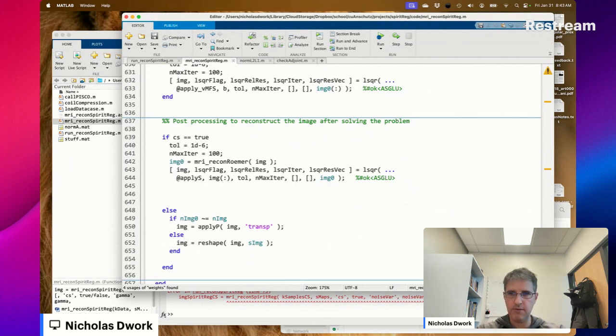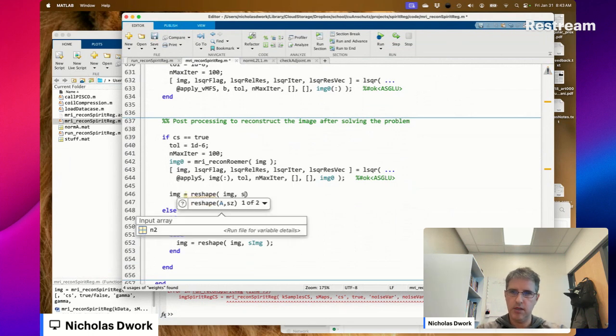There's no non-rectangular field of view. So image is equal to reshape image S image.